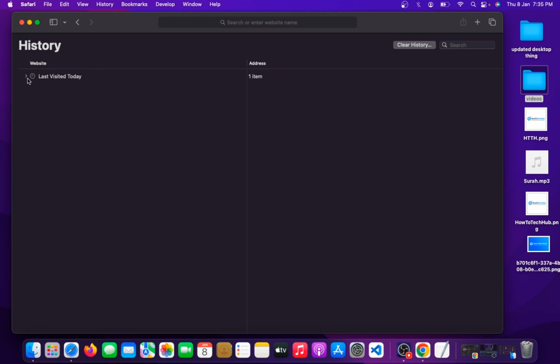By clicking on the day and time here, just click this arrow here and you can see what I have searched on that date. And if you want to clear your history, what you have to do, just select here